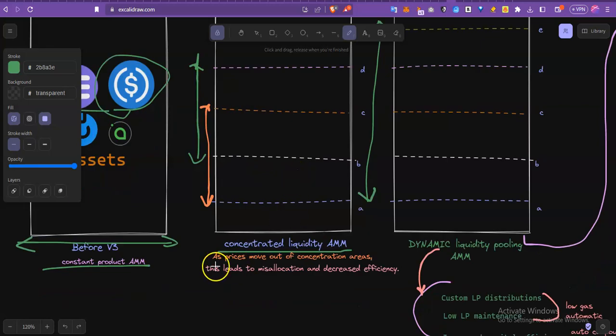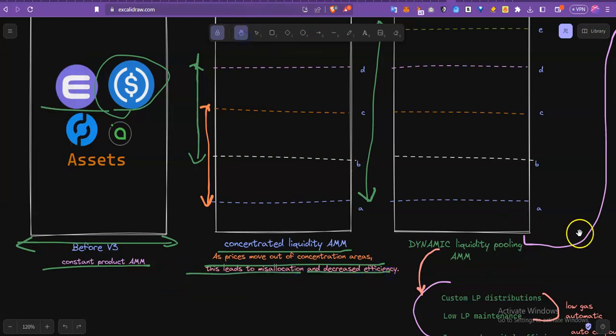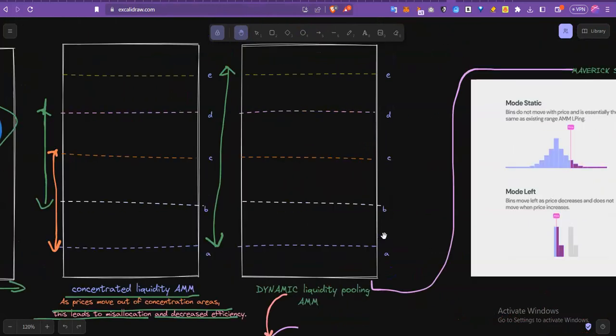So that was a problem. Now we can see as price moves out of concentration areas, this leads to misallocation, like I talked about before, and then decreased efficiency. So let's talk about the evolution now with what Maverick is bringing. Talk about things like dynamic liquidity pooling. So what that means is you have a system where you define